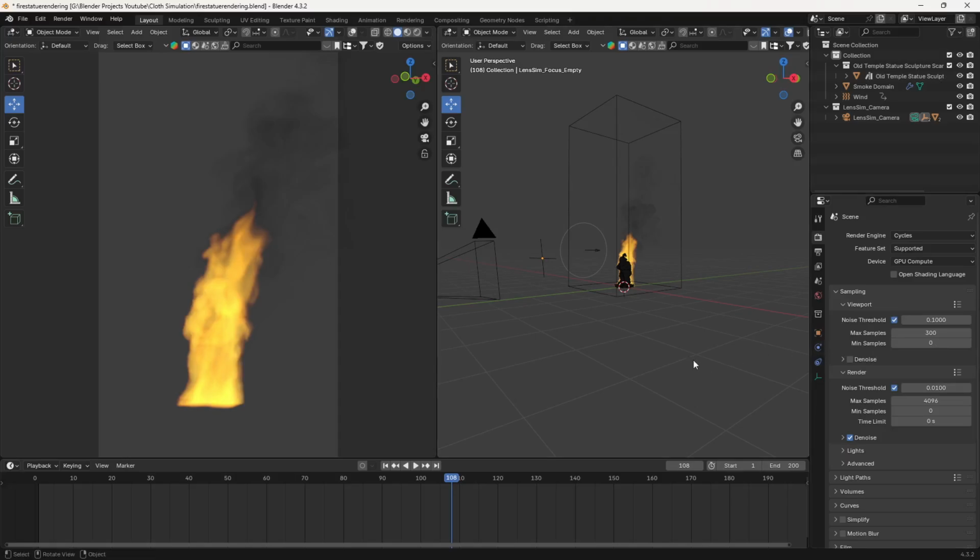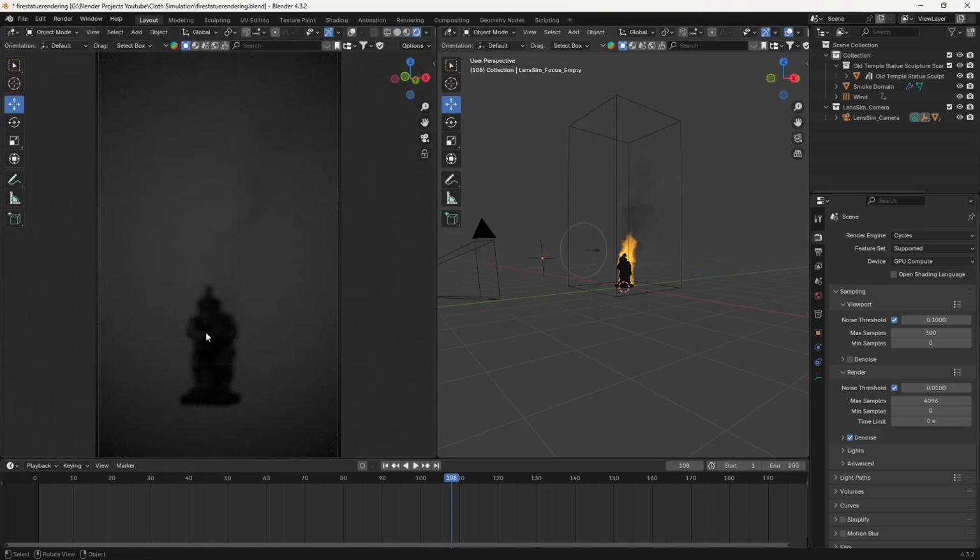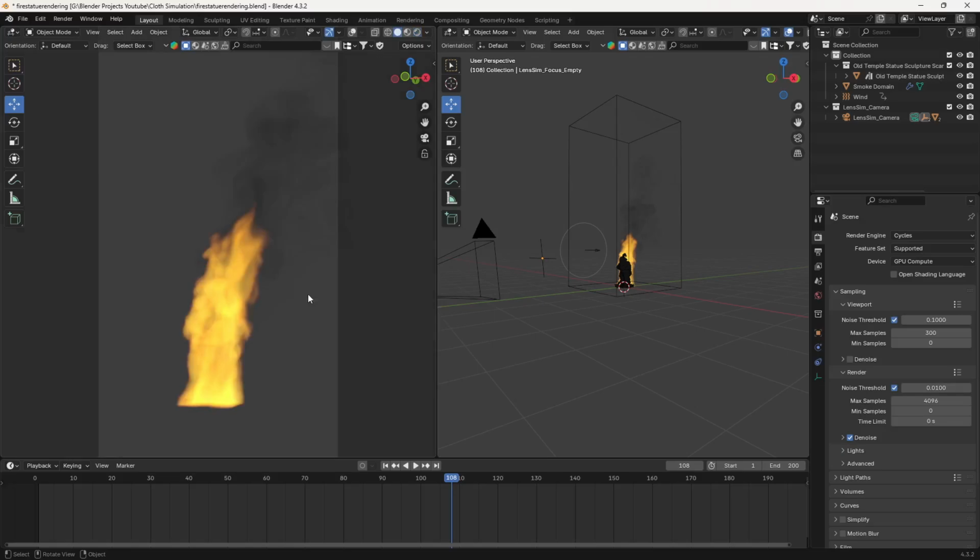Okay, and now if I press the Z key and render this out, you can see it's looking like this type of scene, and you can see there is some smoke coming out of this fire, but we cannot see fire here because we need to apply a volume shader. So let's work on that as well. Let's go to our solid view here, and now you can see we are back to this. So let's start with our shading part.